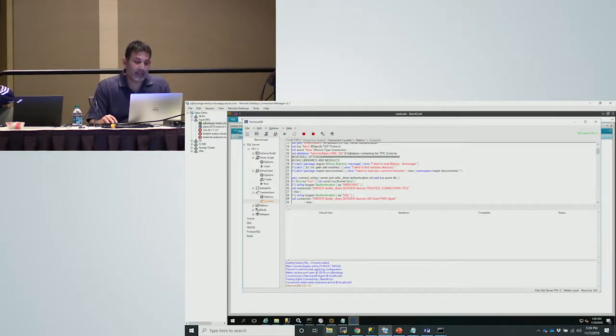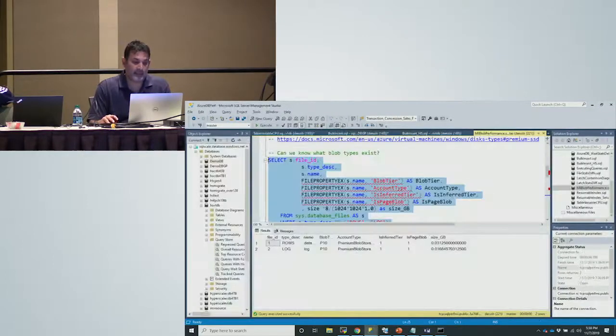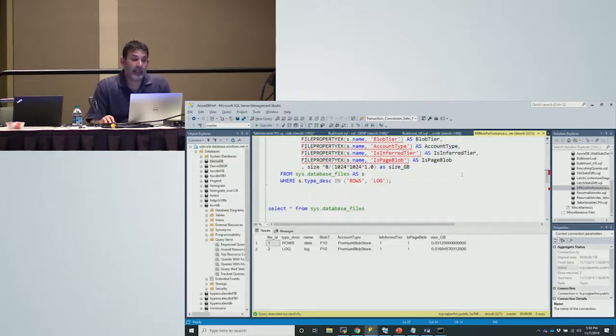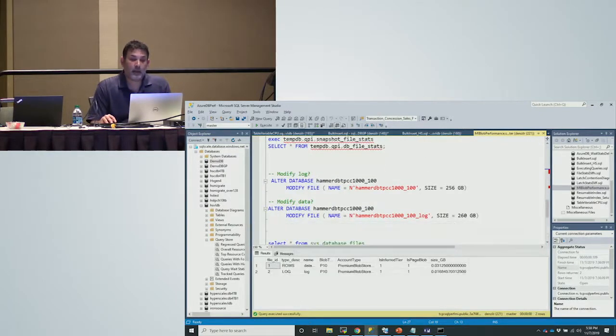So what do we do in this case? Since we know the blob sizes and limits, we can actually change the file size to the next tier. Just changing the size inherently will give it the next tier. So I'm going to switch to that database,